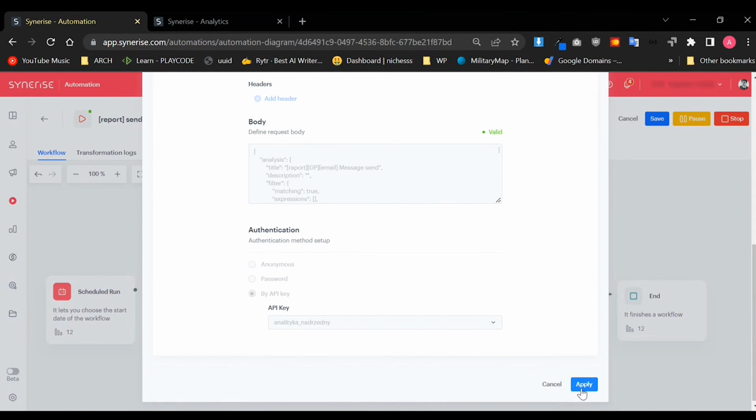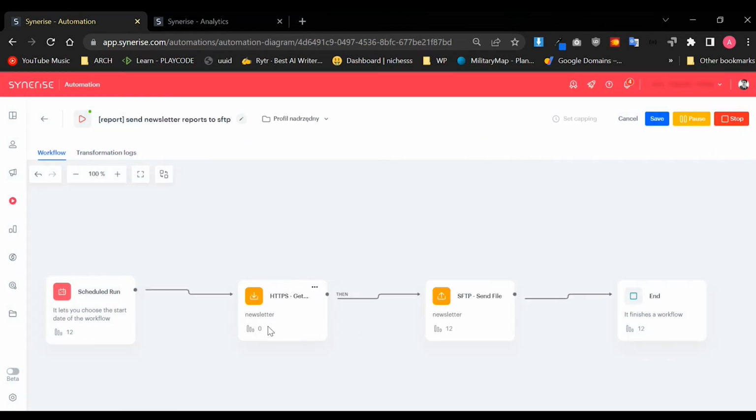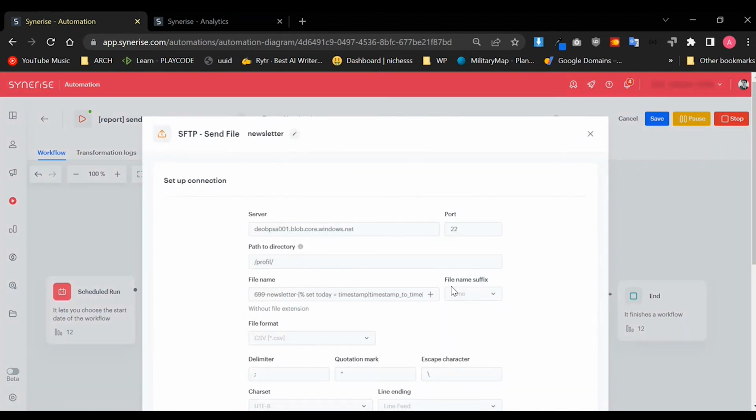And after this node started and performed, we are getting to the third node, which is the sending of the file itself to the SFTP server